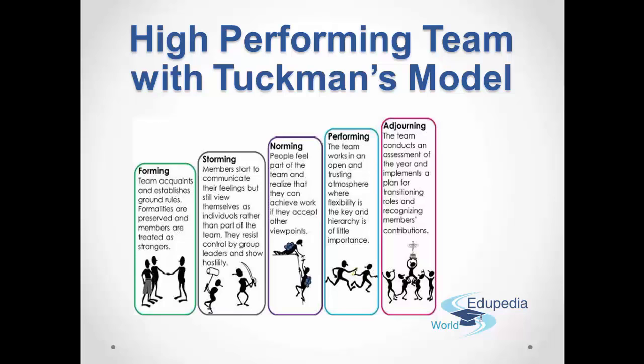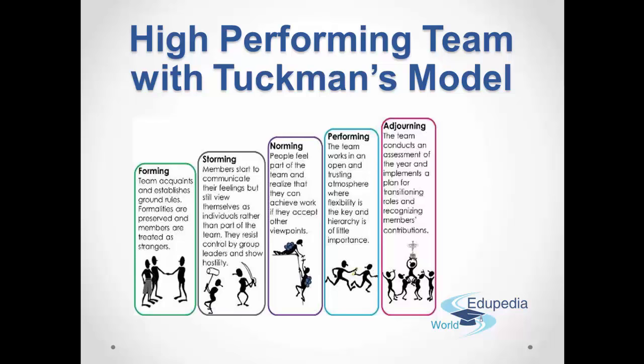Why are we here? What are we doing? What's our goal? What's our purpose? After that, conflict starts to happen. This is our next stage that is called storming. In storming, what you have is different people going in different directions. No one can agree and it seems like chaos. Total chaos. If you are lucky, you get through storming and you get to move on to the next stage, which is norming.